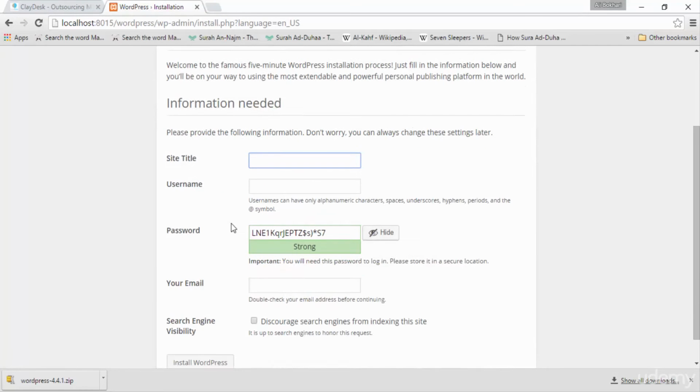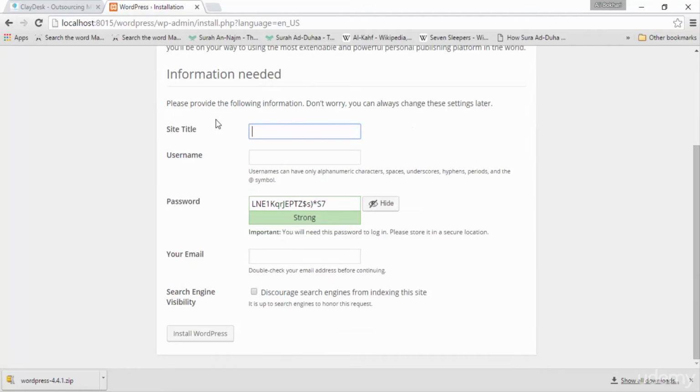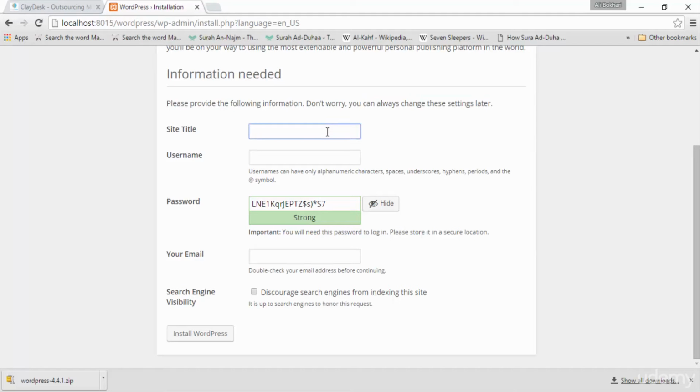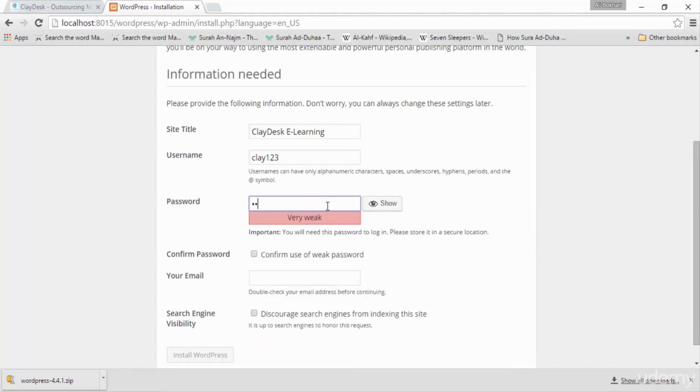But first we need to write the information. It says please provide the following information. Don't worry, you can always change these settings later. So we'll write the site title. What's our site's name? I'll enter Claydesk e-learning and now this could be any username. You can choose your own username, so I'm choosing Clay123 and your own password. So I'll hide it and write my own password